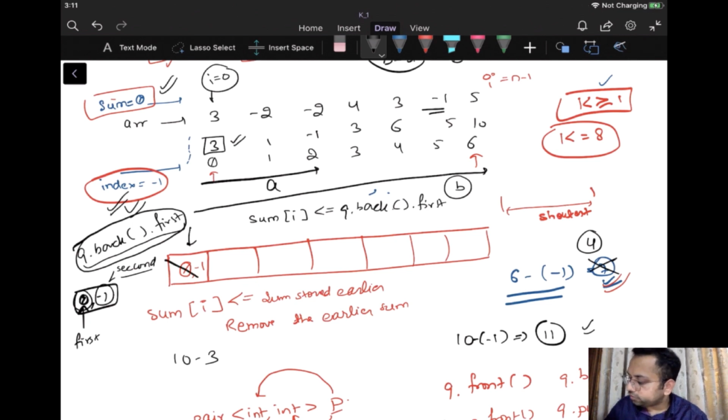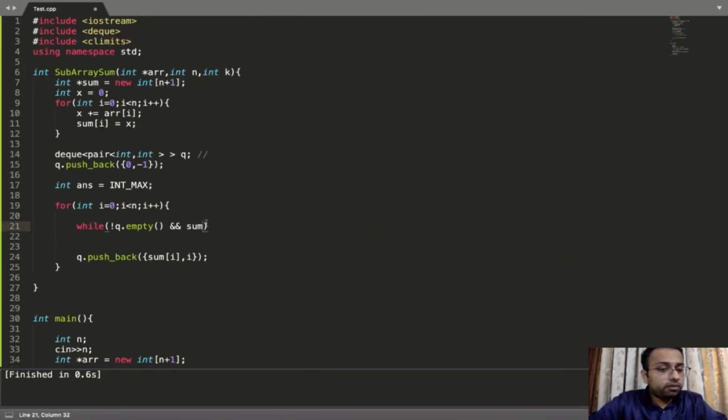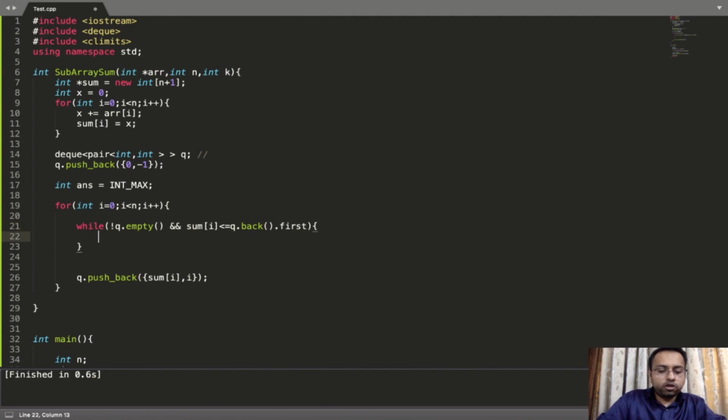I should remove these elements which were inserted earlier, right? This was the algorithm that we wrote. If that sum i that we are going to insert is less than whatever has been inserted earlier, what I'm going to do is q dot pop back.